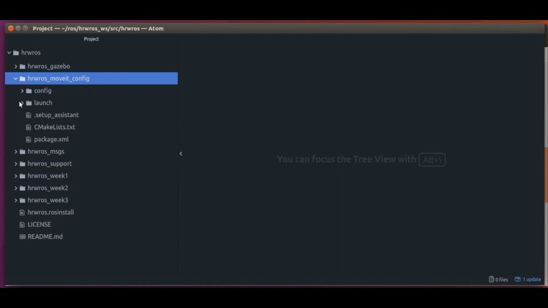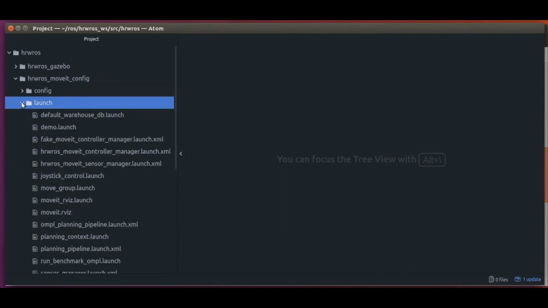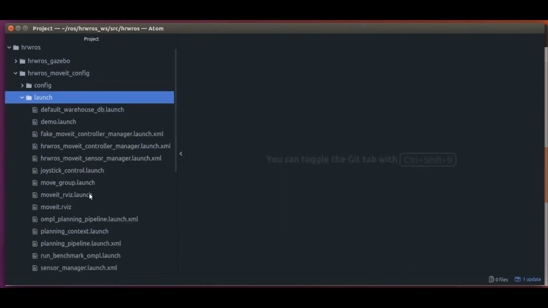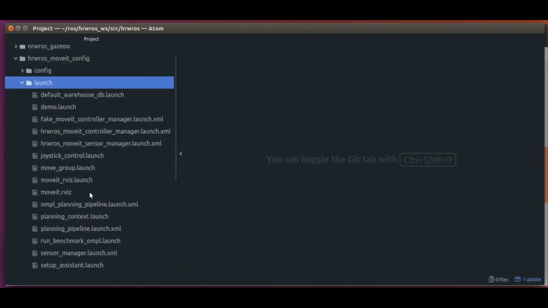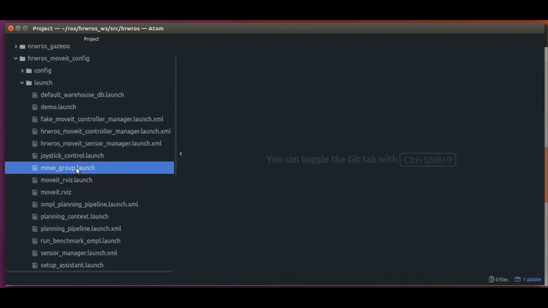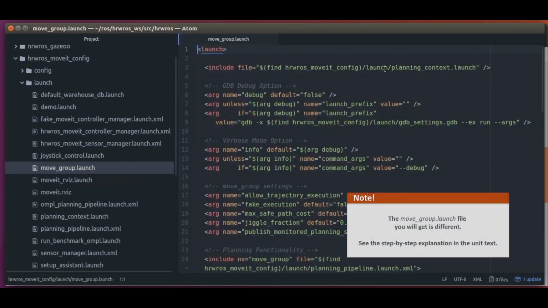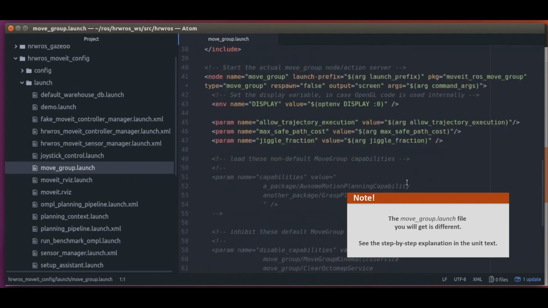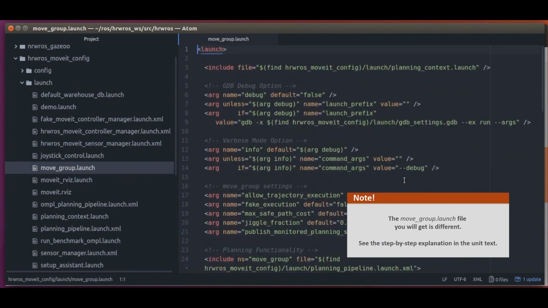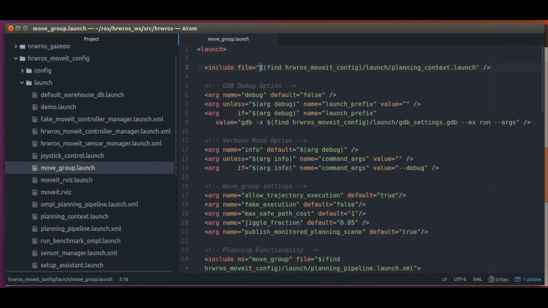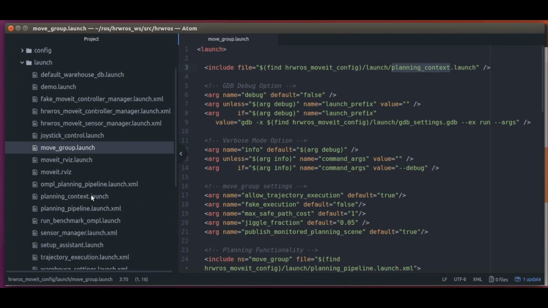We learned in week 1 that whenever we are given a new ROS package and want to know how it works, the launch files give a nice overview of which ROS nodes will eventually be running. So let's begin with the all-important move_group.launch file. As you can see, this launch file seems to be doing a lot of things. Okay, let's go in order and look at the planning_context.launch file. As the name suggests, this file sets up the context in which we will be using MoveIt for planning.